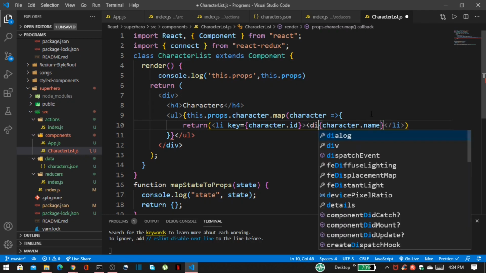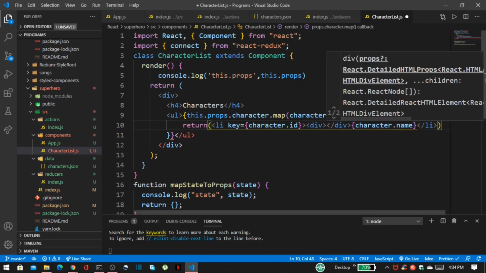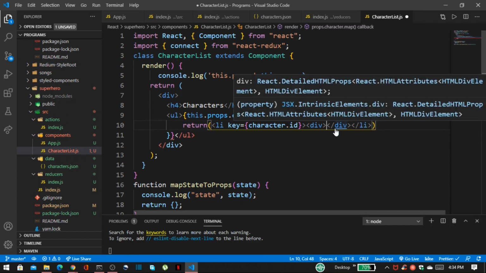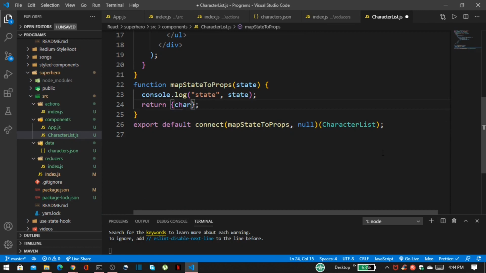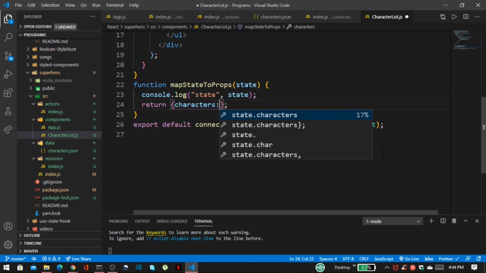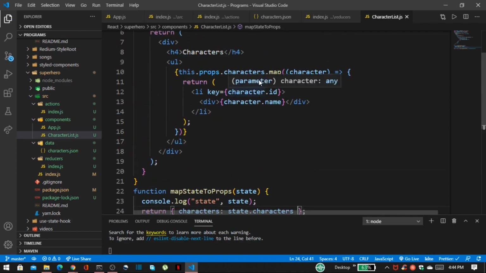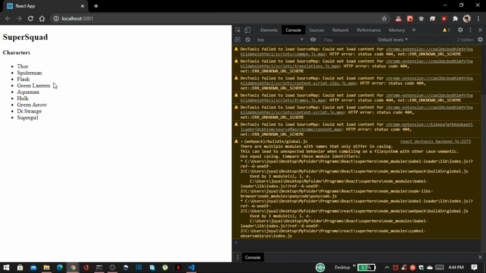So inside our division we have to cut this and use here, and here we have to return our characters. So state.characters. Now save this. So open your browser and you can see here our superhero list is added successfully.